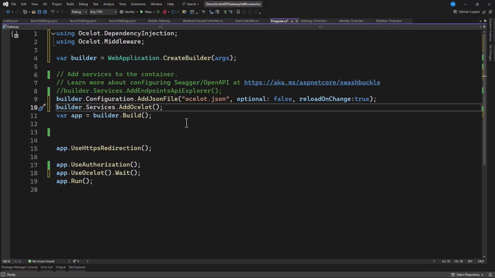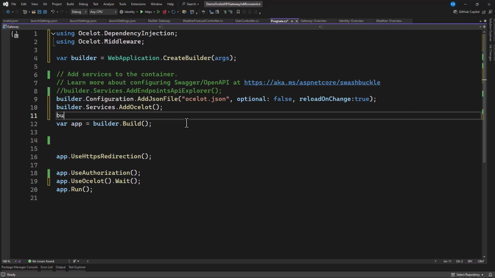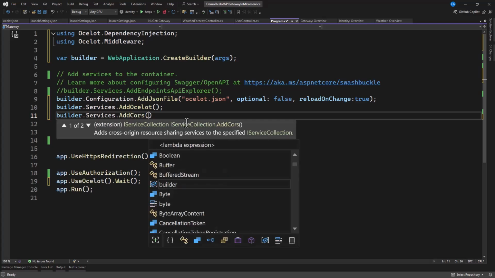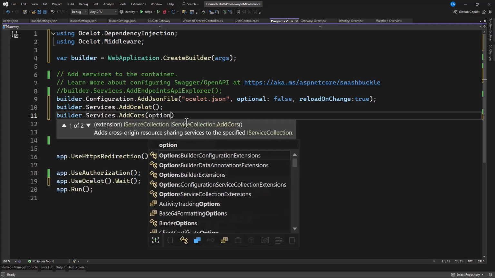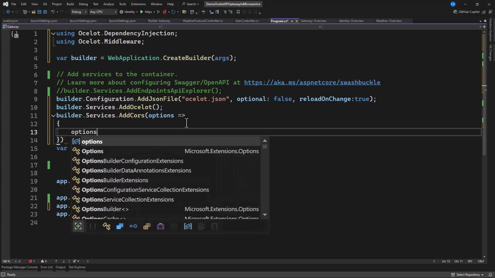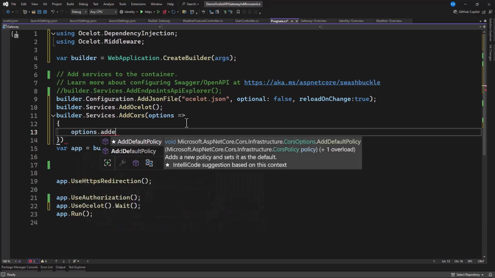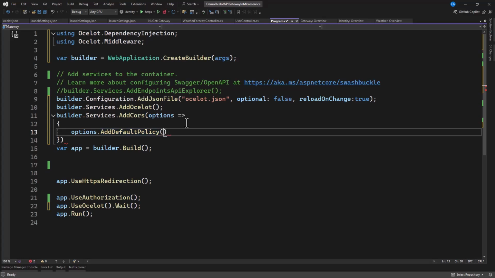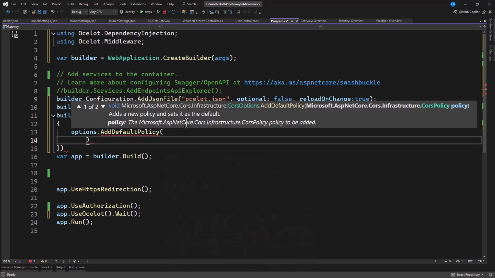But for now, let's allow any method at all. Alright, so let's have our builder.Services.AddCors. Then in here, let's give it options. And now with options.AddDefaultPolicy, so now with this default policy, let's have builder.